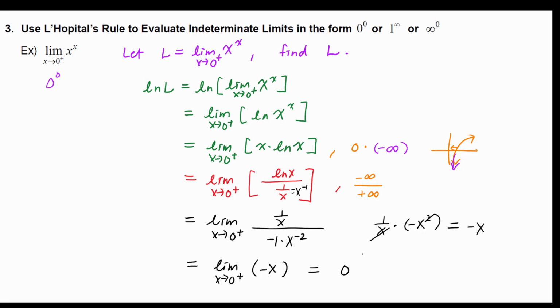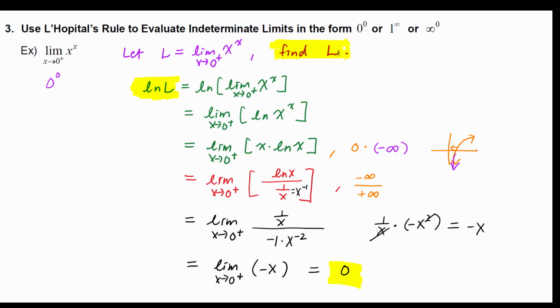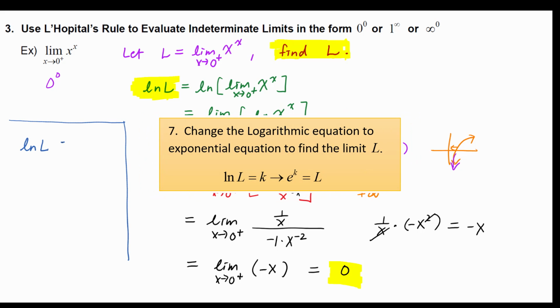is 0. And you're not done yet, because what you have from the left, you can see you have natural log of L equals 0 is what you have, and you need to find L. So I got a little bit of work to do to find the L here. So now let's solve that part. Let me use the room here. ln L equals 0. So change this to exponential. You get the base e to the 0 power equals L,